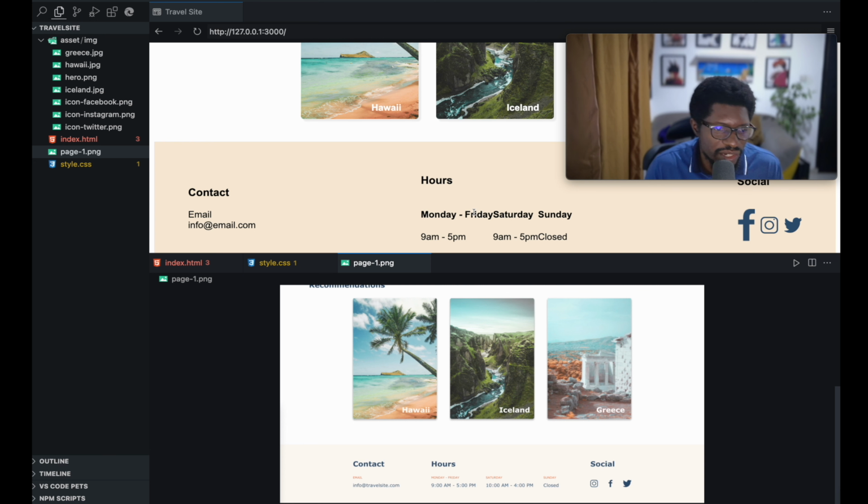So obviously the reason why it's looking like this is because, how do I put it now, the items you have here are taking too much space. Like the whole contact took this big space. Social media took this big space. All hours, which is supposed to have a lot of space, is not having any space at all. So how do you give more space to a particular item than the others? And that's called